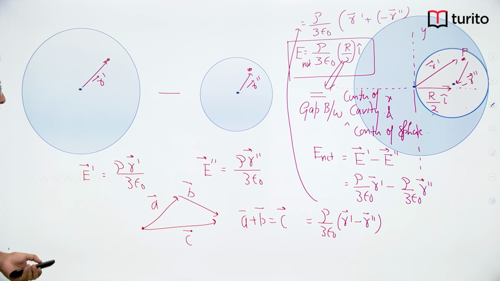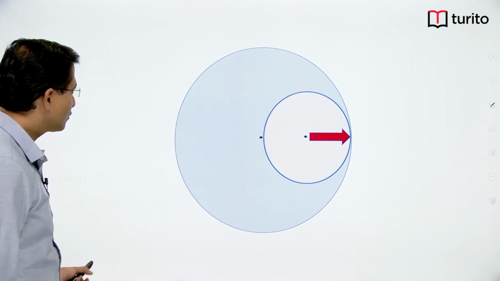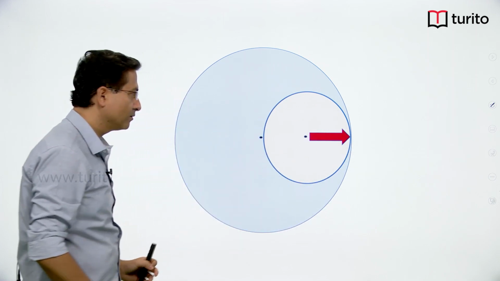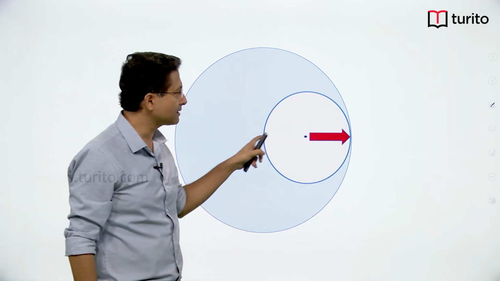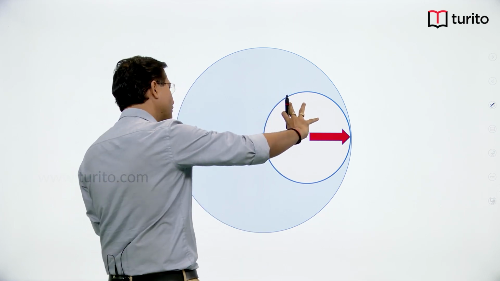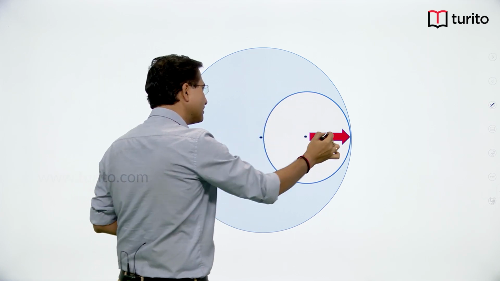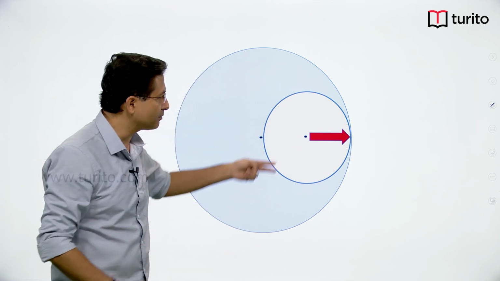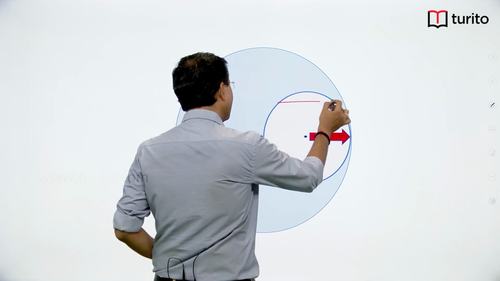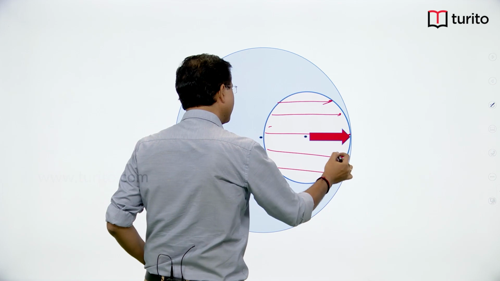Let us see one animation to understand what I am saying. So this is a sphere and cavity, we have taken this distance r by 2, right. Now what I am doing, I am taking a hypothetical situation where I am just moving the cavity. So as I move the cavity, this gap reduces. This red one is representing the electric field. So the electric field inside will be uniform, right. Right now the electric field inside will be something like this, uniform everywhere,